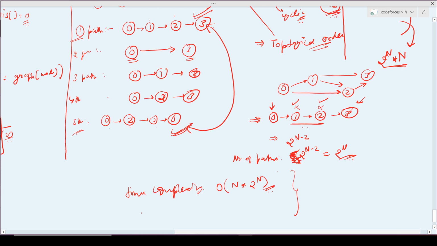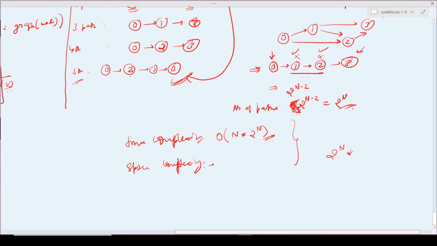Now, working on its space complexity, what I know is that my number of paths is 2 raised to the power n, and for every path I will have a vector, and I will insert that vector in my 2D vector. So I will insert this in here. Next, I will insert this in here. Next, I will insert this here.